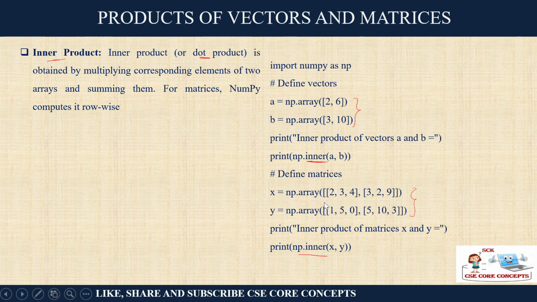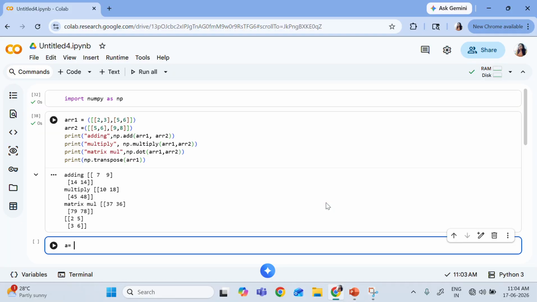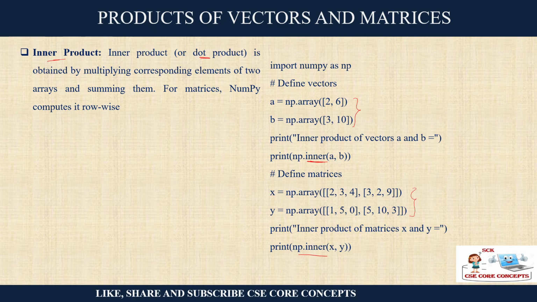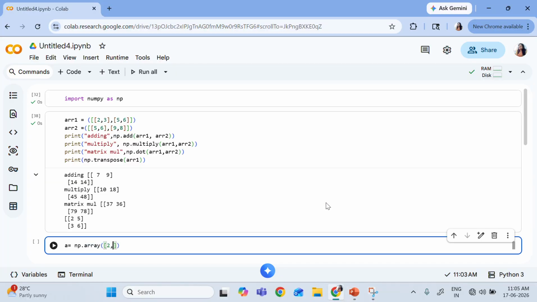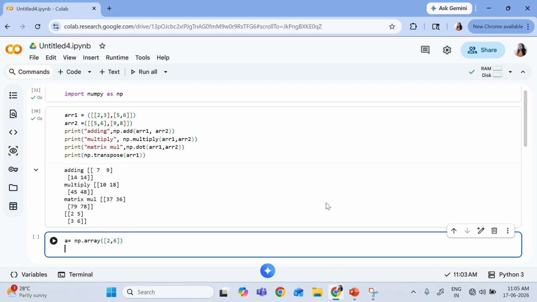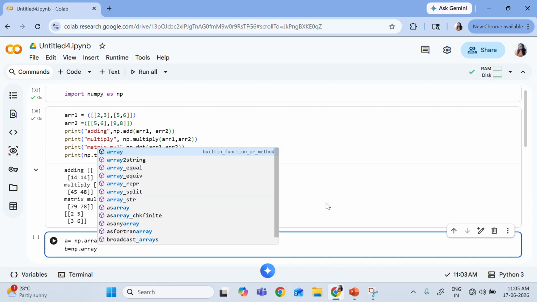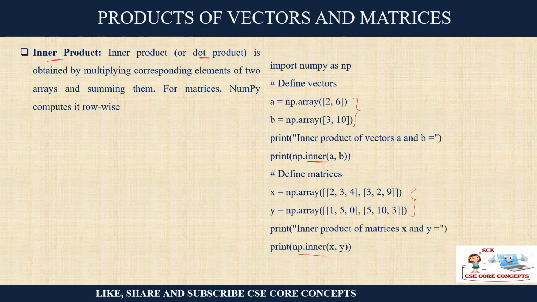Those who are learning or working in mathematics will find it very easy to understand what is meant by the inner product and so on. But those who are in separate fields can try it, see the results, and make out the difference between them.